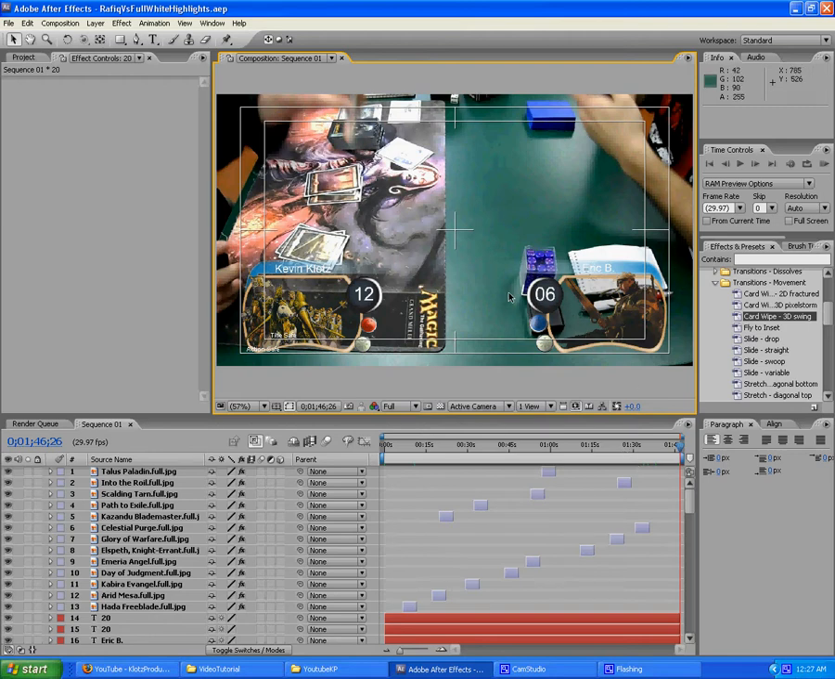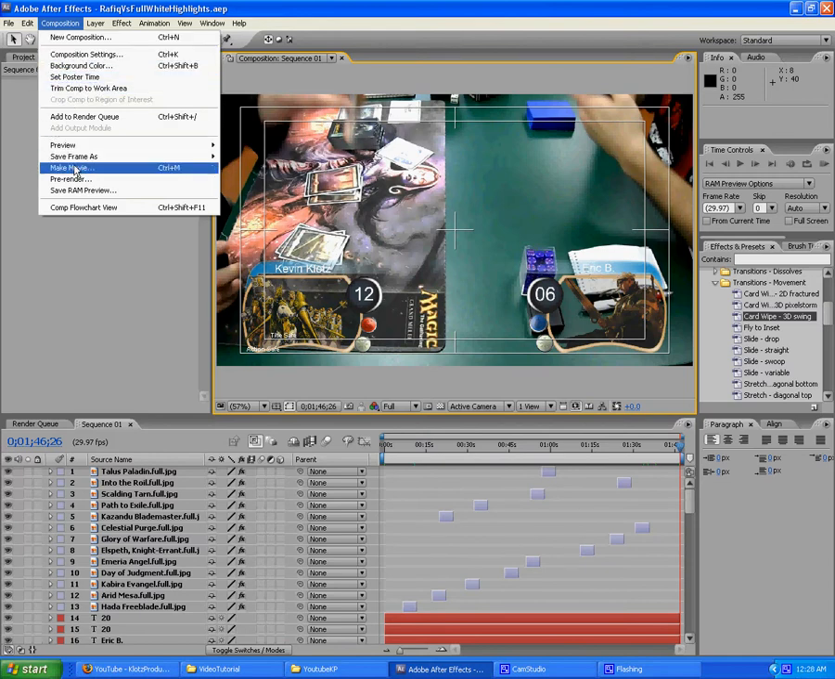Done setting up all the life totals, as you can see, 12 and 6 here. It's before the last attack. And so the last thing I have to do in After Effects is to render this out as a PNG sequence to get ready to go into Premiere. So what I do is I go Composition, Make Movie,